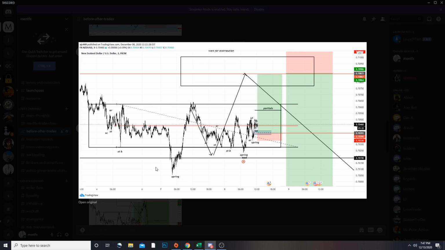Now, what you'll notice when you look at this very quickly is that there's a lot of stuff going on here. Excuse how much stuff is in here. Just recognize what we were looking at was this distribution, right? And part of this distribution was basically this entire thing here. This box you see is ultimately this entire distribution. Now, within that distribution, what we noticed was a distribution that made the test of this bigger distribution. And within that, we had a new distribution form, which was going to make the test of this distribution, which formed the test of this distribution, which formed the test of this distribution, right? So it's a little bit of a riddle, but there's a lot that goes into it in terms of confluence when we take trades and look for entries, right?